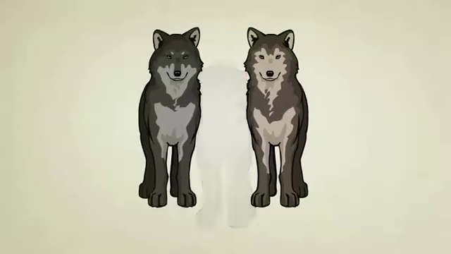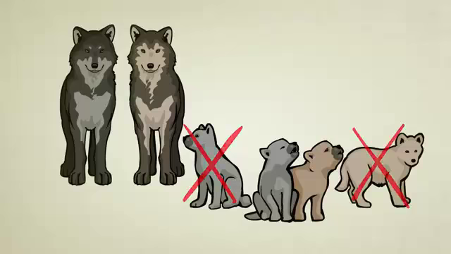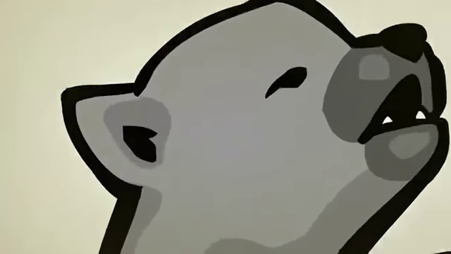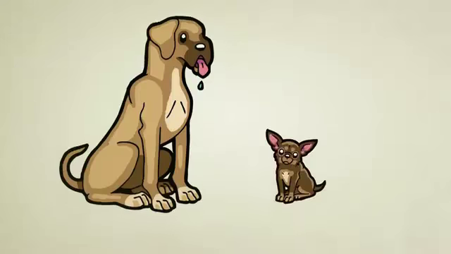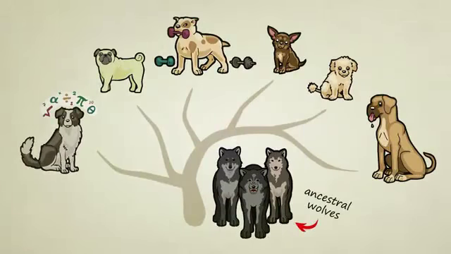People were selecting wolves with the traits they liked, letting them breed, and then only keeping the puppies with the most desirable traits. As time went on, different breeders preferred dogs with different features, some selected for large size, some for small size, some for brains, others for brawn. Today, wolves have branched out into hundreds of breeds, very few of which look and behave much like their ancestors.